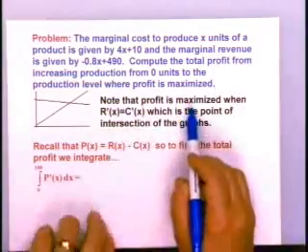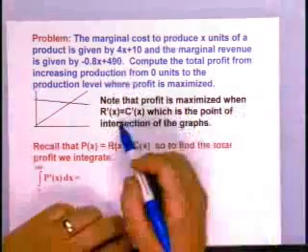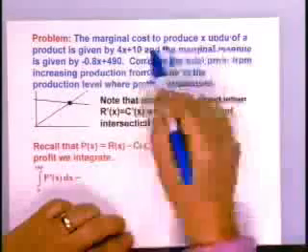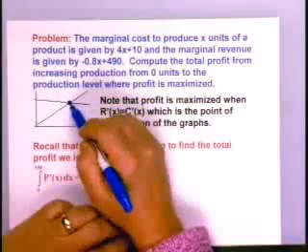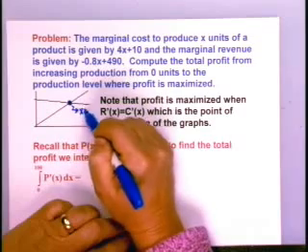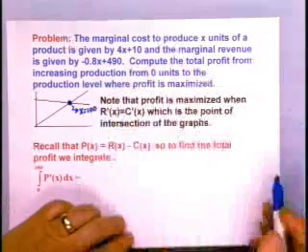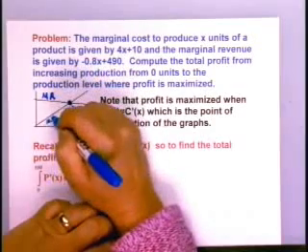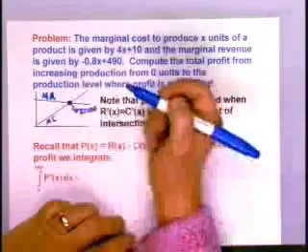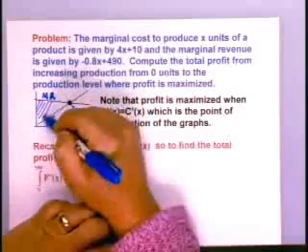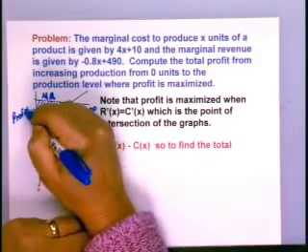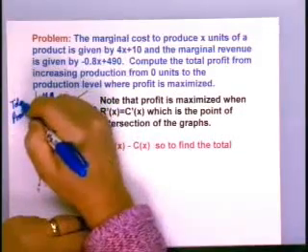First, notice profit is maximized when marginal revenue and marginal cost are equal, which would be this point of intersection. If you graph these functions on your calculator and determine the point of intersection, notice that this occurs at x equals 100. This is marginal revenue, and here I've graphed the marginal cost. So marginal revenue is above the marginal cost. And this region bounded by these two functions would be the profit, the total profit, in increasing production from 0